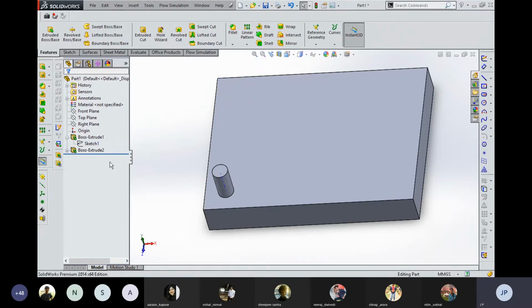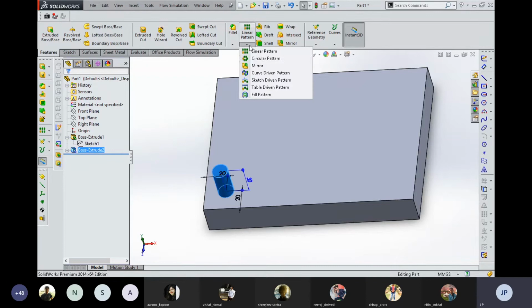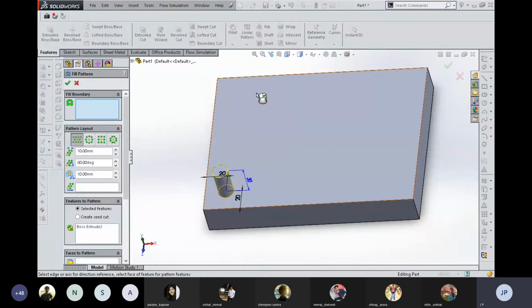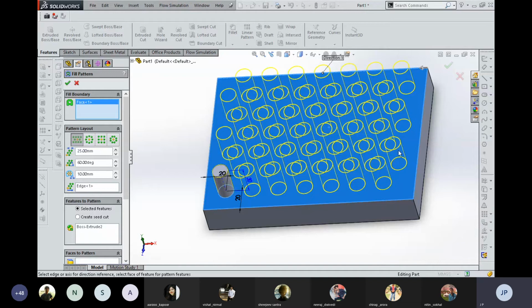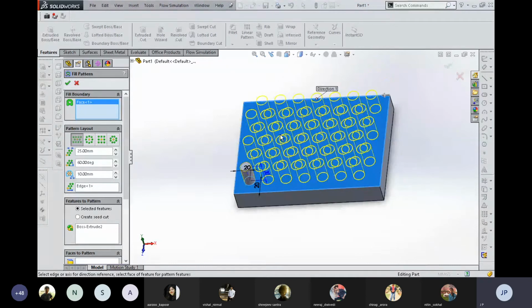Okay, for that I'm going to select the component and then click on fill pattern. In this case you just need to select the area or face or any profile where you want to populate these number of copies as per your need.